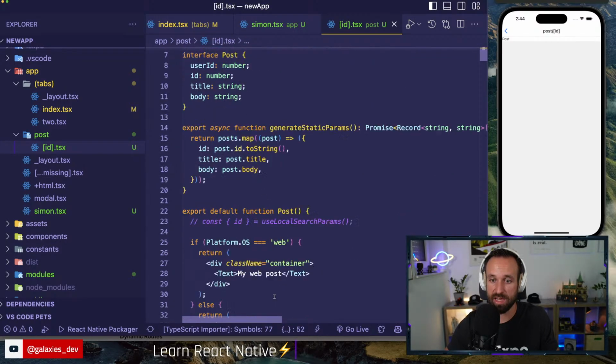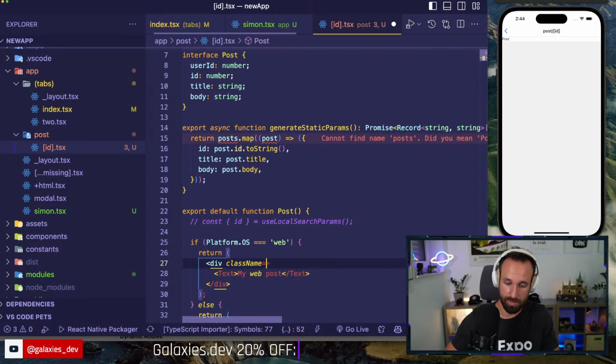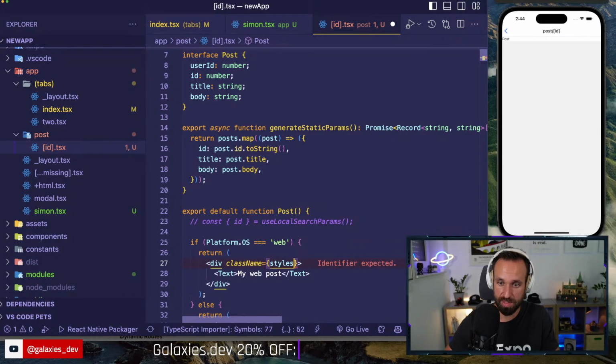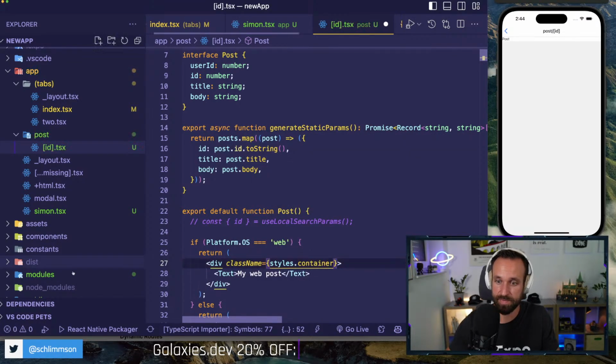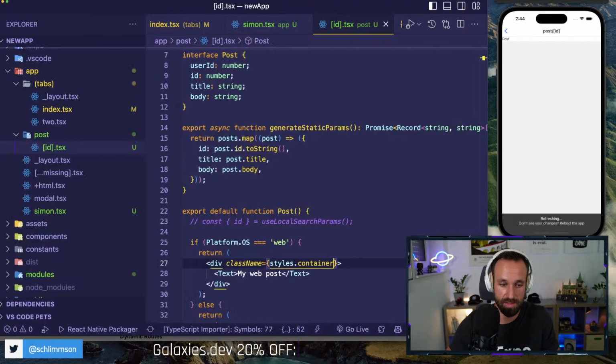But we do, yeah, oh yeah. I'm sorry, class name, of course, it works differently. My bad. We of course have to use styles.container. But if I do this,